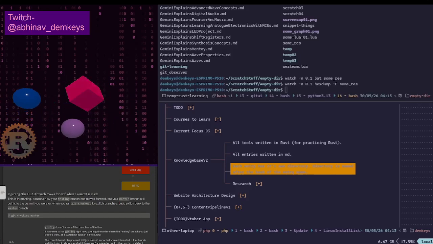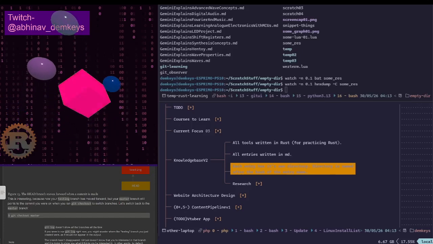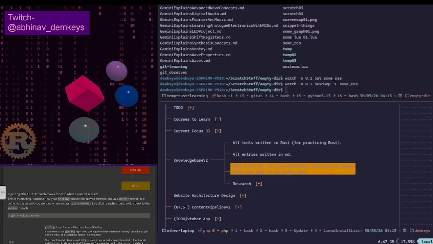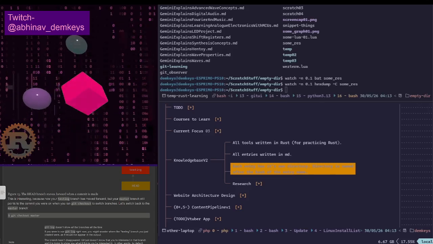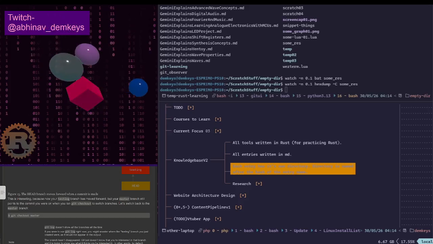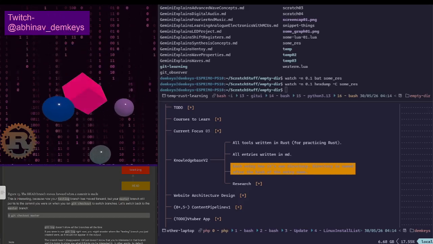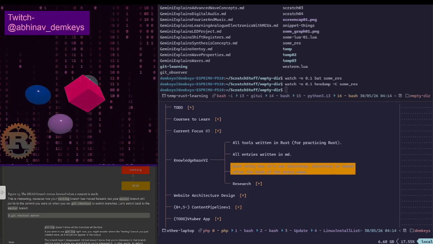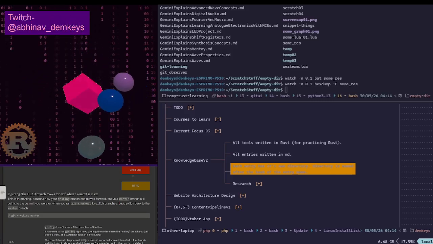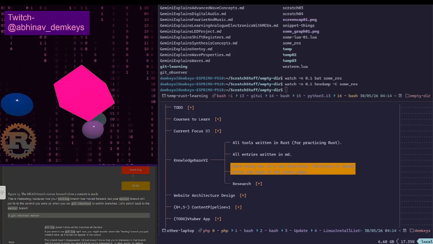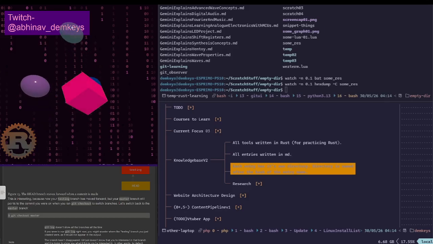I need to think about this. How do I want to go about doing this? What I was thinking is the directory name is going to be the same as the entry name. The entry file name, the MD file name, is going to be a sanitized version of the entry. So, for example,